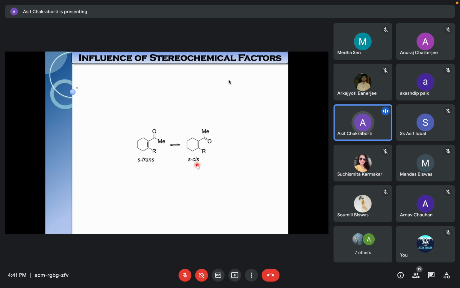S-trans and S-cis you might know, but in case you do not, S stands for the interconnecting single bond. When there are two pi frameworks interconnected through a single bond, and with reference to this interconnecting single bond, the pi bonds may be C double bond C, or a combination of C double bond O and C double bond C. When they are on the same side, these are called S-cis. The S comes from the single bond, the interconnecting single bond, or S-trans. Now, this interconversion will depend upon how much interaction is taking place between R and the methyl group.